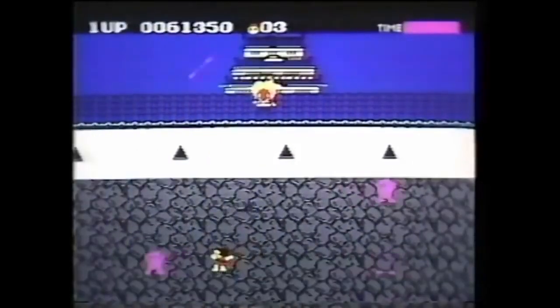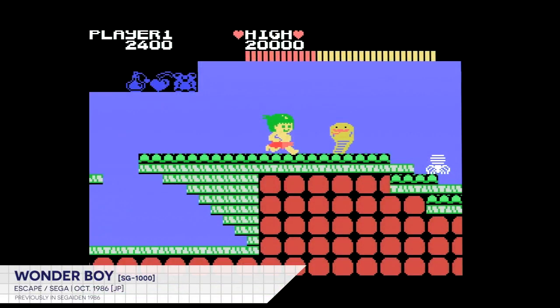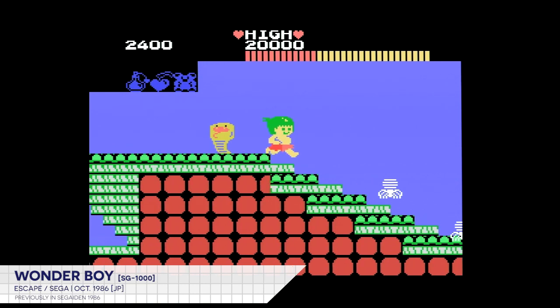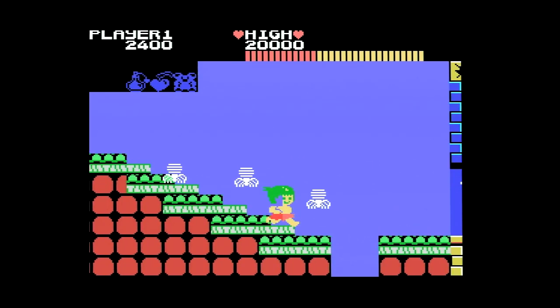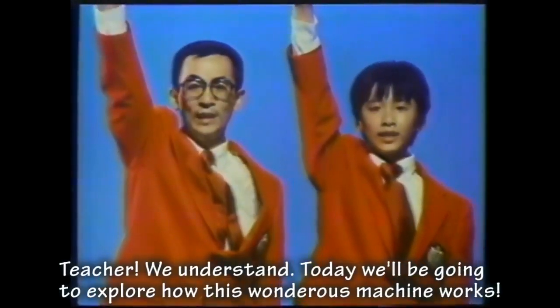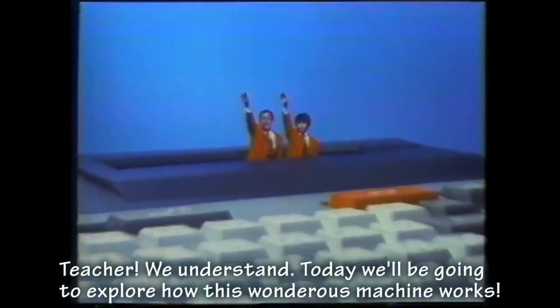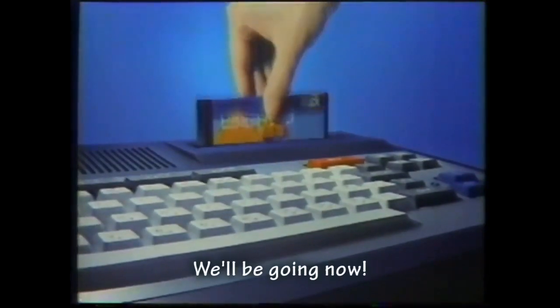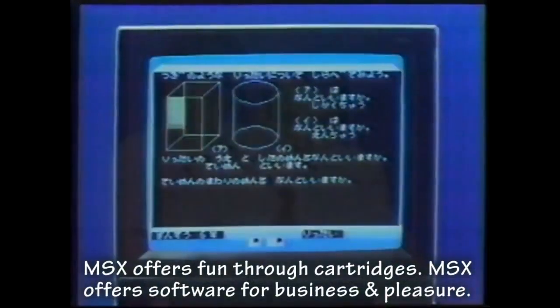Had it shipped then for the SG-1000, it would have reached store shelves alongside Ninja Princess and Super Tank, putting it half a year ahead of key releases for the system like Wonder Boy and The Castle. Since F-16 Fighting Falcon originated on MSX, which amounted to a beefier version of the SG-1000 hardware, a cross-platform port made sense. But with the more powerful Mark III having become available, I can imagine Naka convincing the higher-ups to let him create a less compromised port of the game by releasing it for the new hardware in its compatibility